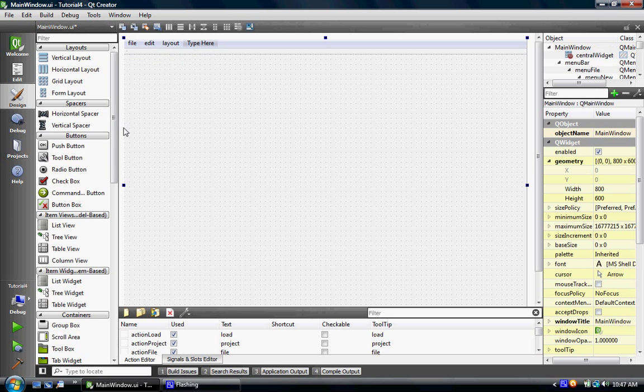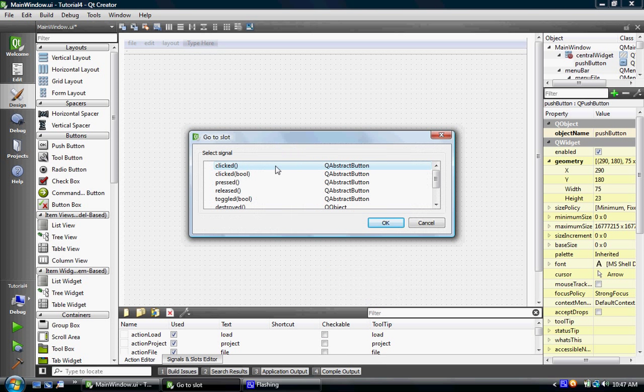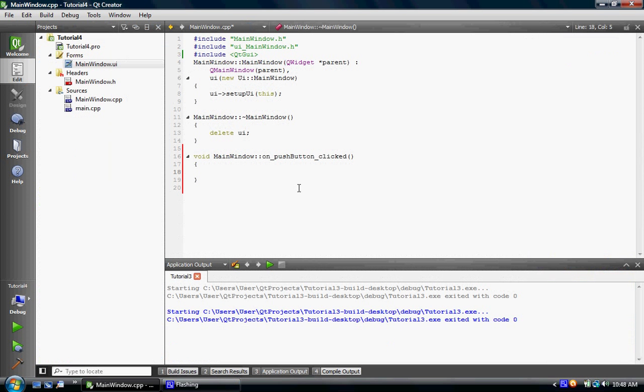Now for a push button or anything over on the side, you drag and drop, double click to change the text to like push me, and then right click, go to slot, and then we're gonna go to slot clicked. So when clicked happens on push button clicked, what do we want to happen? Well, first of all, I included Qt GUI, which includes everything in the Qt library that is GUI based, and that's everything that we're going to need. So we're going to make a QDialog,